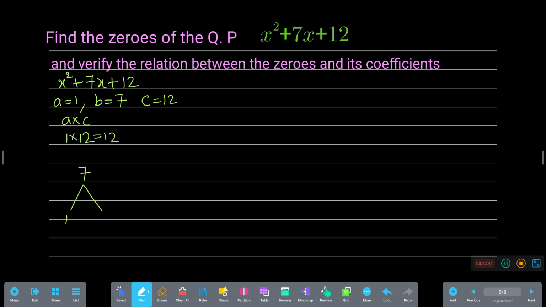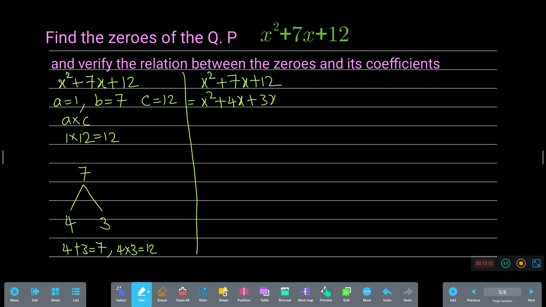Easily we can say that 4 threes are 12. 4 plus 3 is 7 and 4 into 3 is 12. So by splitting the terms, x square plus 7x plus 12 is equal to x square plus 4x plus 3x